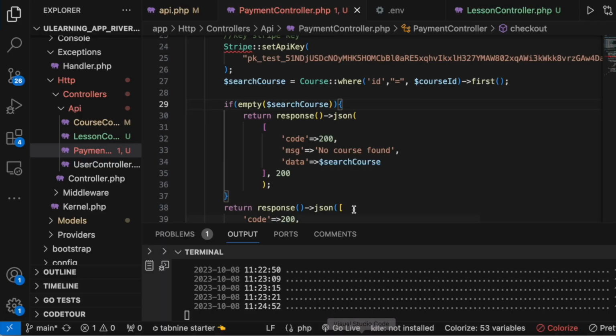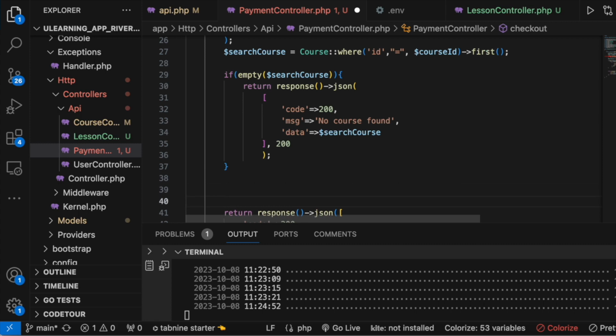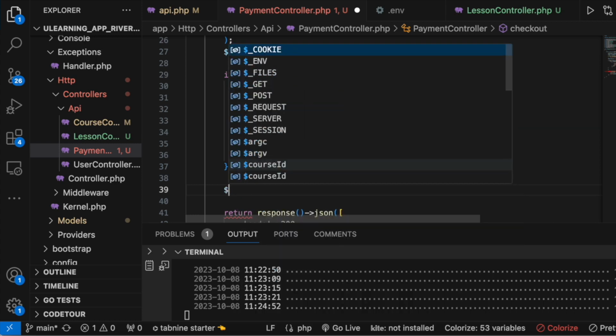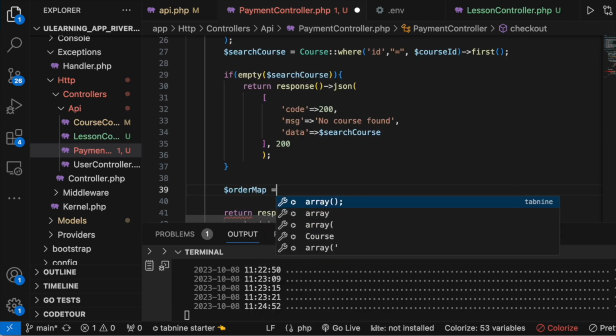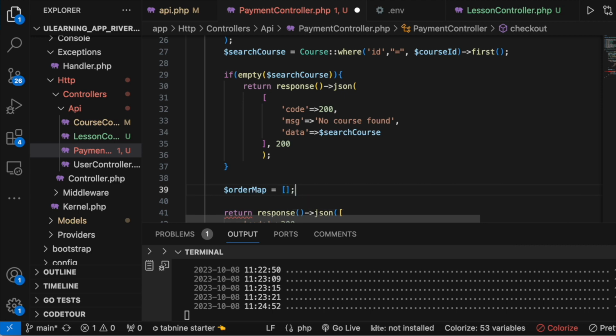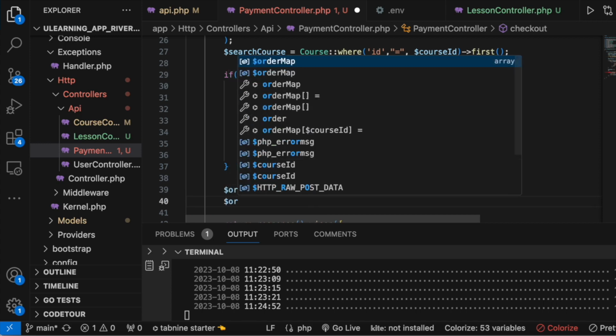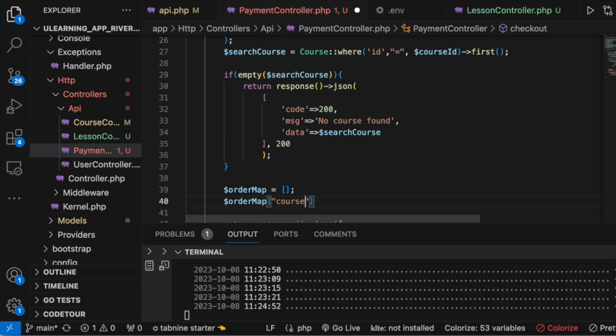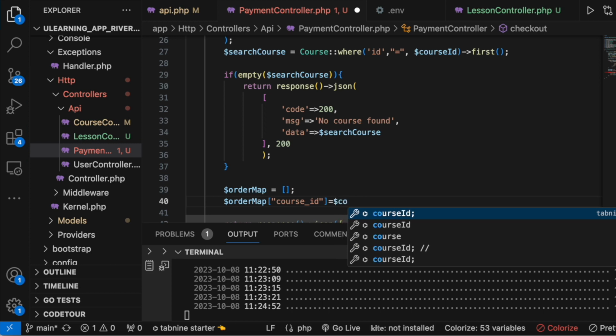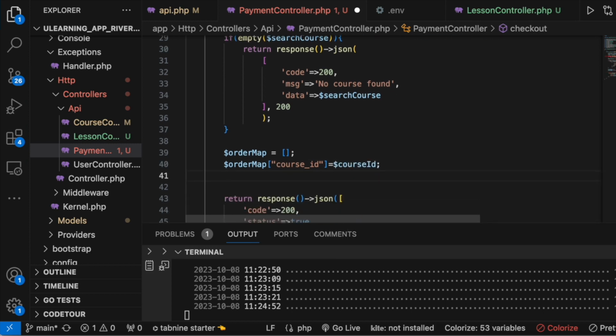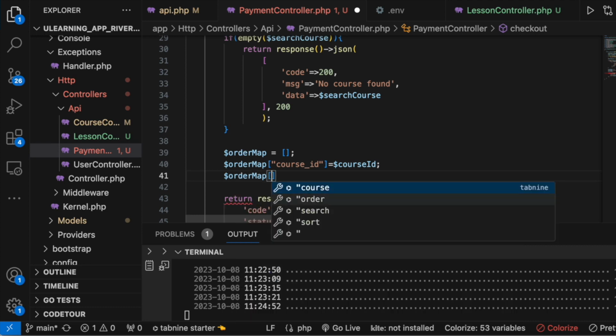All right, let's come over here. Okay, and after that we can continue, which means that we have some data, which means that the result is not empty. If it is not, then here we can create some conditions. We're gonna call it order map. We're gonna put a lot of conditions inside this because we are going to place an order. So here we do order map, and inside this we'll have course ID. Now this course ID would exist in our database, so we say course ID, and then here order map,